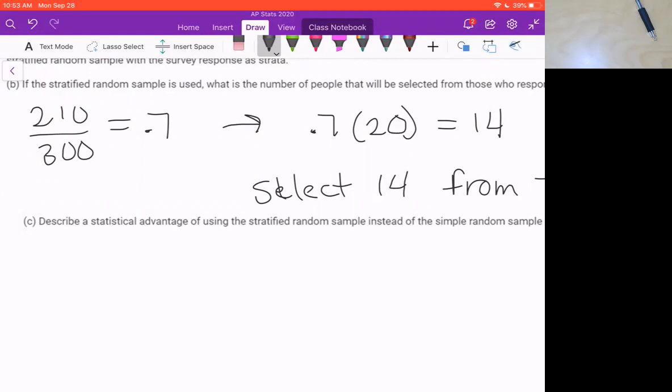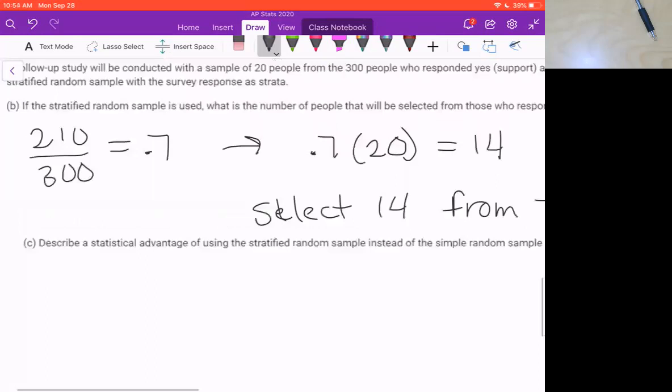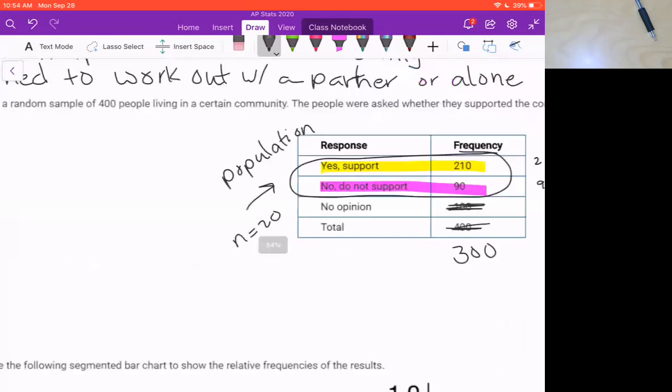Now, a lot of you said on here that you would have equal representation from the yes and the no. Do we have equal representation? No. And I know what you meant. You meant equal as in the sense that it's fair or it's the way that it should be. But be careful. Equal in math means equal. Equal means exactly the same. Equal would mean that we're going to stratify this and take 10 from each group. And that would not be a good way to stratify.